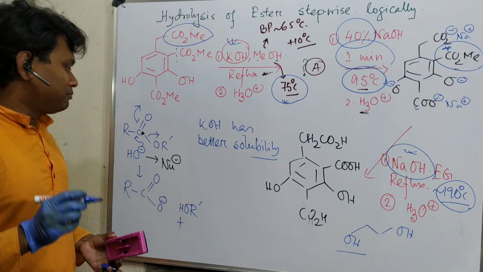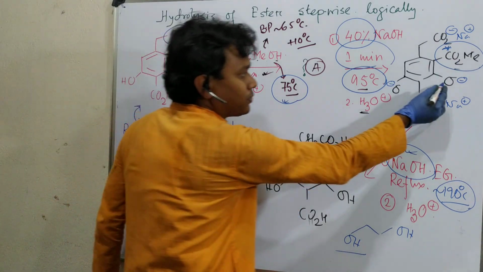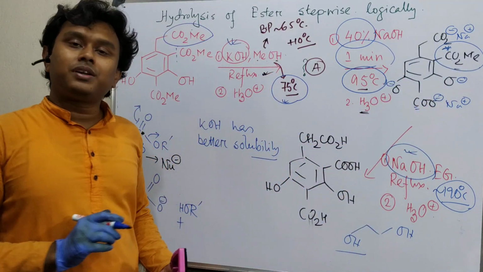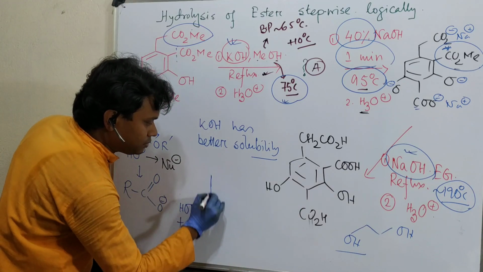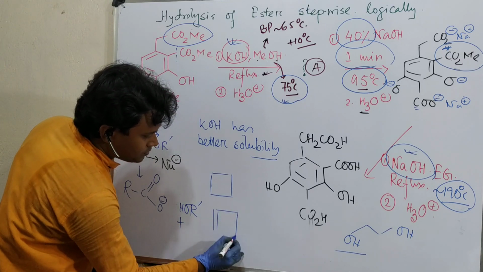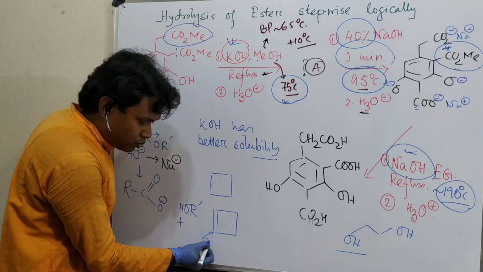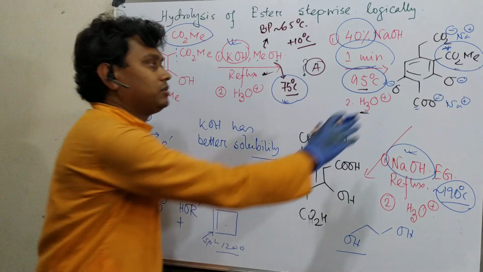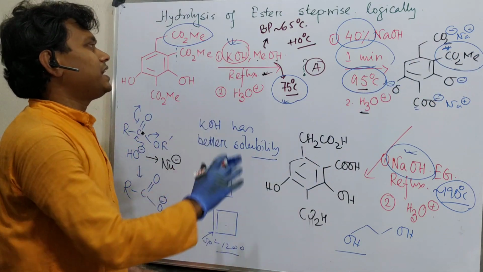By the way, sometimes don't be confused. I believe I should mention that this O minus produced, it can attack this group. No, not possible. First of all, 4-member ring formation is not easy. Second thing, if you think of this type of 4-member ring, this is extremely strained, because this is sp2 120 degree angle, so not possible. So no NGP, expect neighboring group participation. Okay, so this is the end of this discussion.